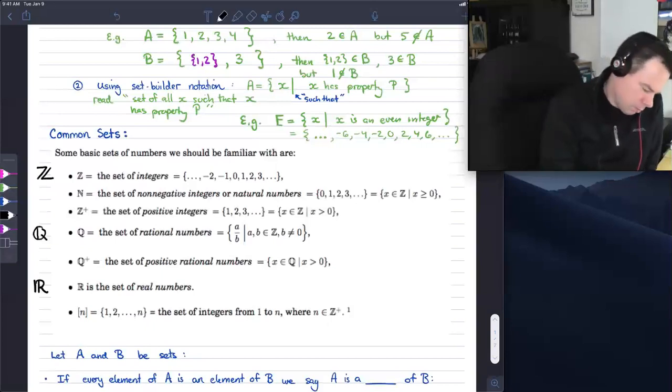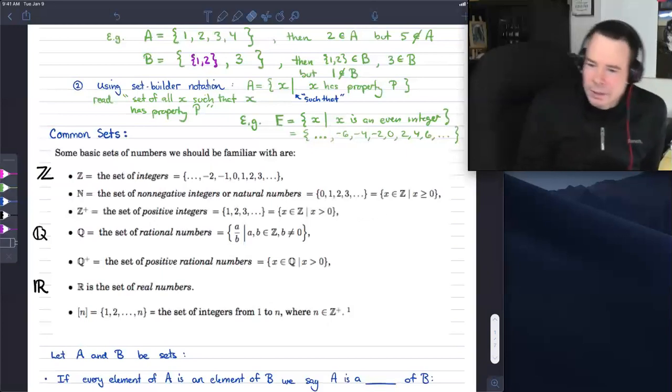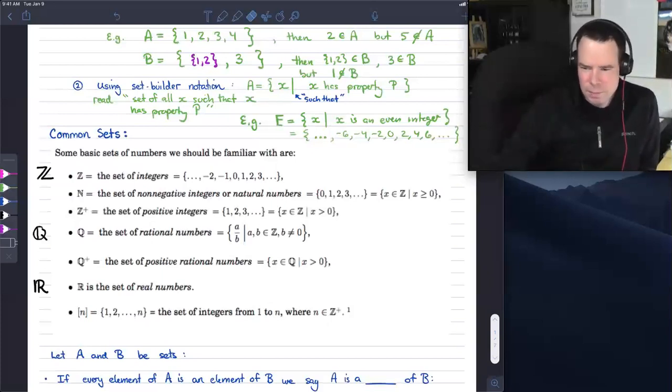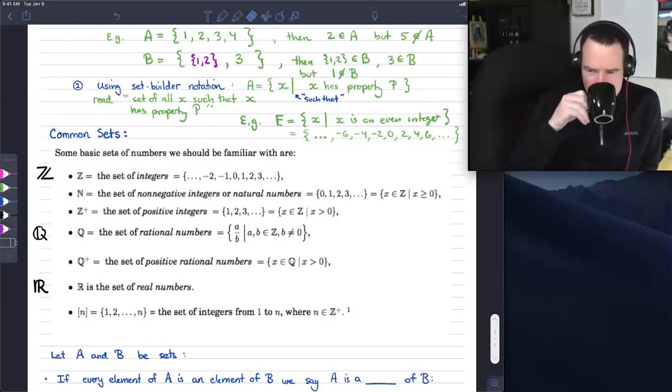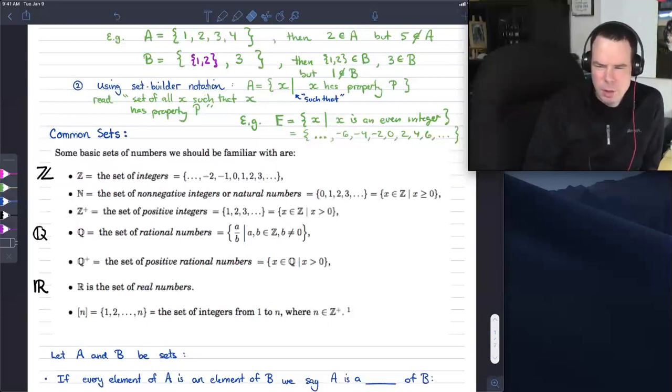You might have heard these called the whole numbers before. Well, I shouldn't actually write this down, because that's not a conventional name, the whole numbers. Sometimes people refer to the whole numbers as the ones with the 0 in it and all the positive integers, and sometimes people refer to it as just the positive integers. The whole numbers is not a technical math term. The technical math terms are natural numbers and positive integers. So we've got our natural numbers, 0, 1, 2, 3, and so on, and our positive integers, 1, 2, 3,